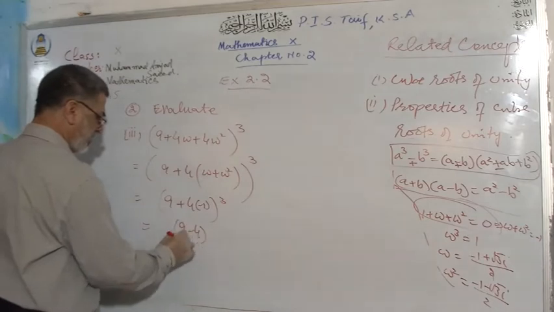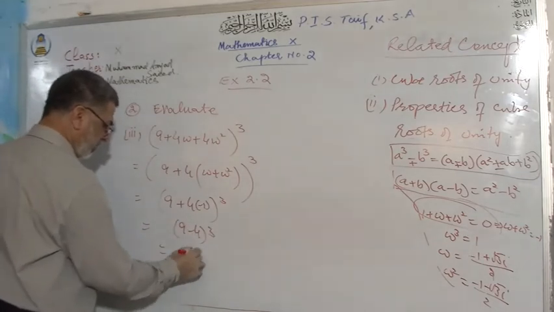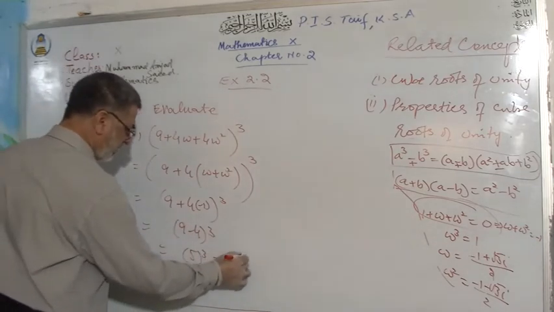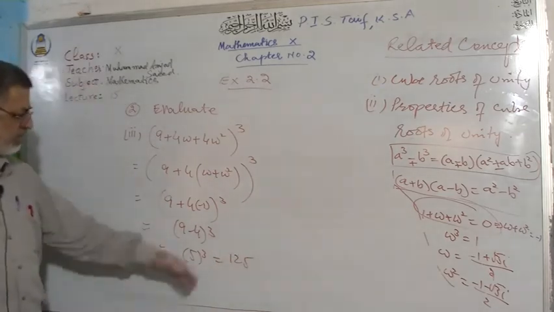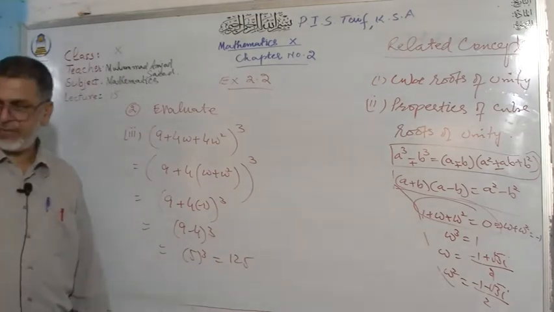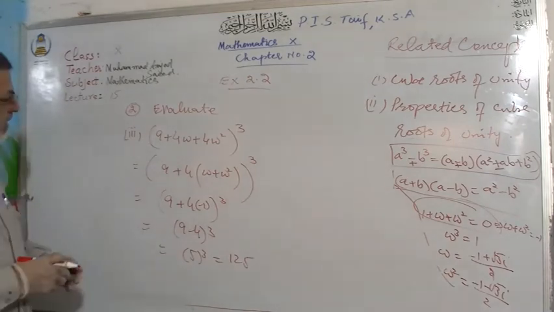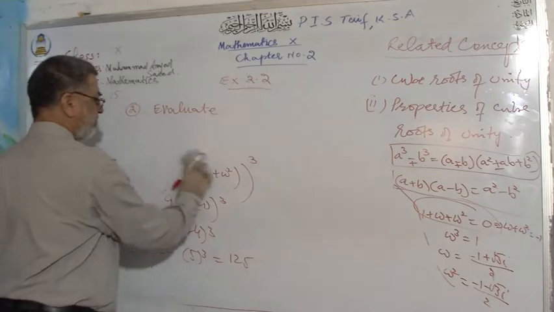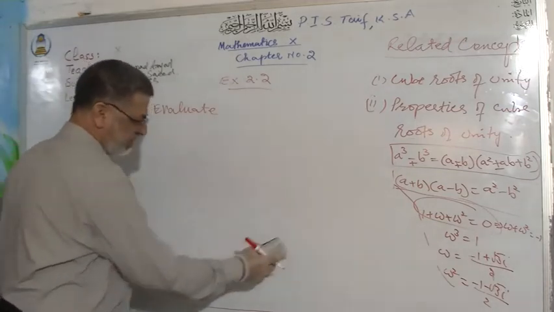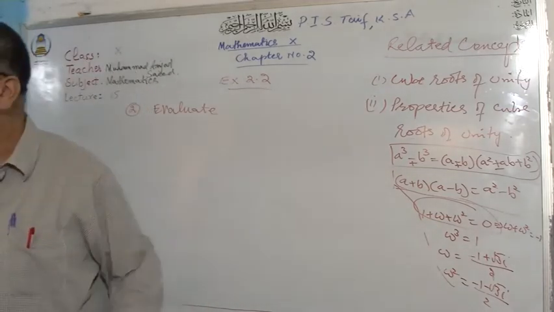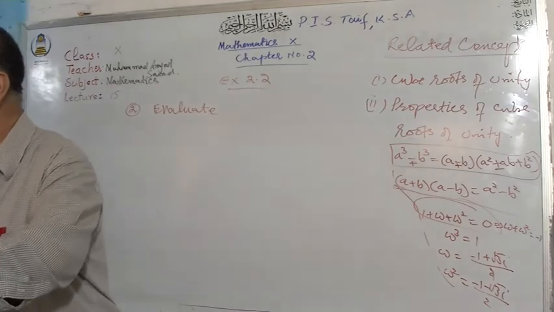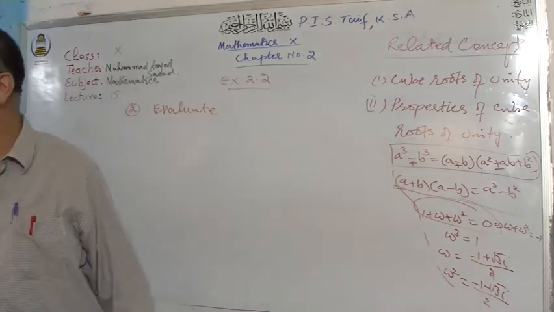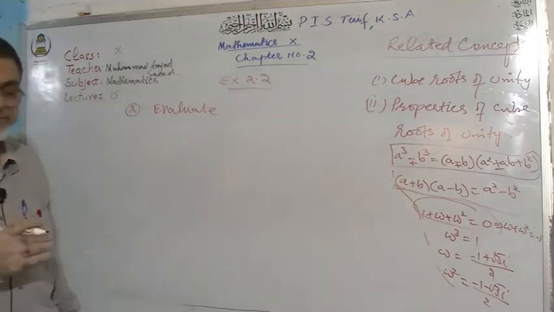Nine minus 4, 5 cube, that is 125. That's your answer. I hope that you got the idea how to simplify to solve this question. After that, we have part number 4,